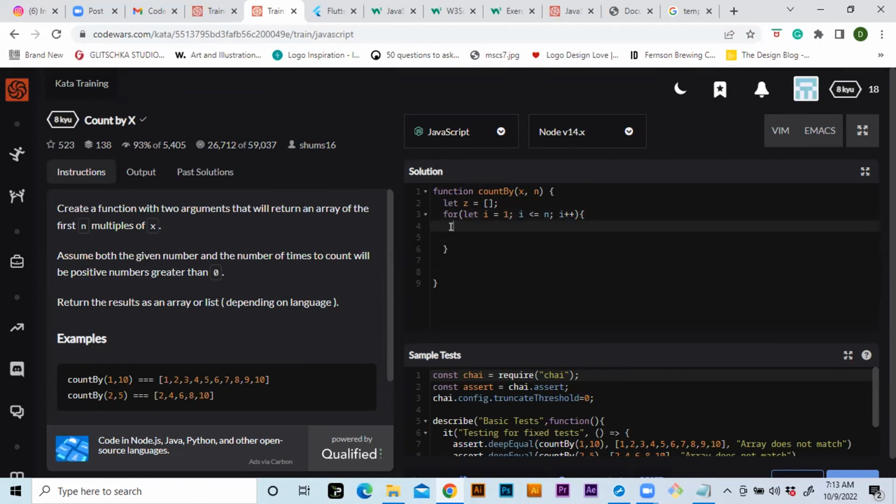All right, so at this point, in order to get the multiples, because you have two arguments that are entered, the number and what the number is going to be multiplied by, you would need to, within the for loop, actually do the operations of the multiples at the same time. You would take Z, which is the actual array that we have created up here. And in order to actually add to the array, you would have